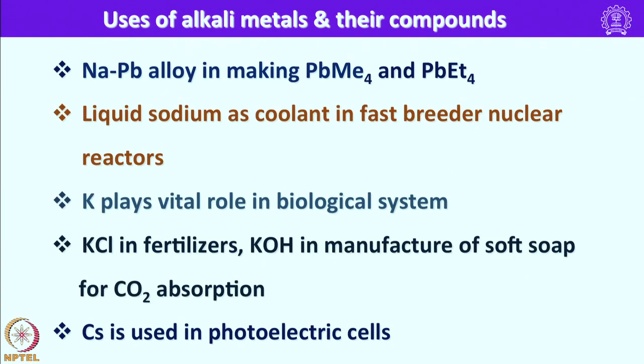And sodium and lead alloy is used in making tetramethyl and tetraethyl lead. Okay, and tetramethyl and tetraethyl lead were used extensively about 10 to 15 years back as additives to petrol, as anti-knocking reagents. I would elaborate about these properties when I discuss the chemistry of group 14 elements. And liquid sodium is used as a coolant in fast breeder nuclear reactors,